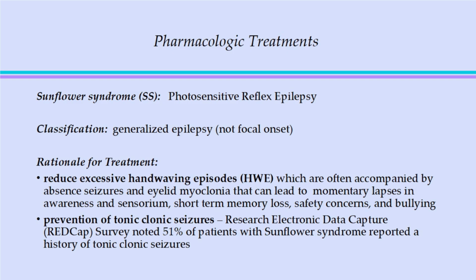So why do we treat? We treat because we recognize that a couple of hand waves here and there are not a problem, but when they become excessive and rapid, it sometimes can lead to momentary lapses in awareness and sensorium. Kids are a little off balance. It can create short-term memory loss in school. We worry about safety. Someone hand waving while walking across the street is not really focused on what's happening at the time. And we worry about bullying because kids do get bullied in school,